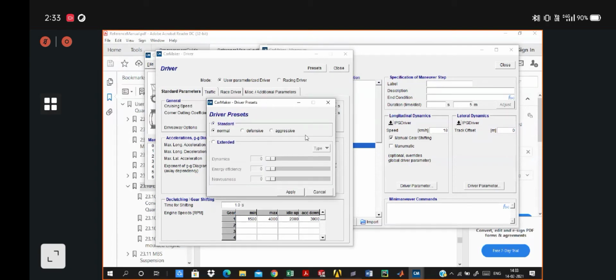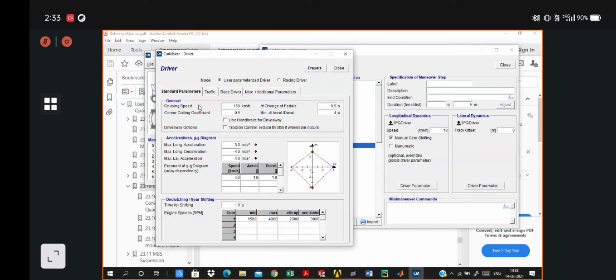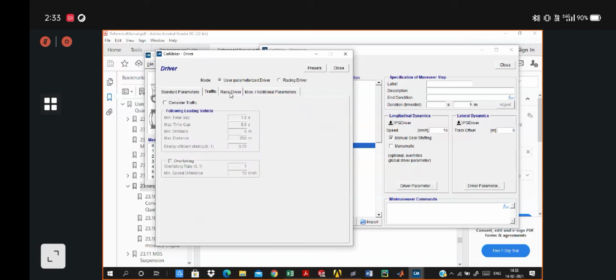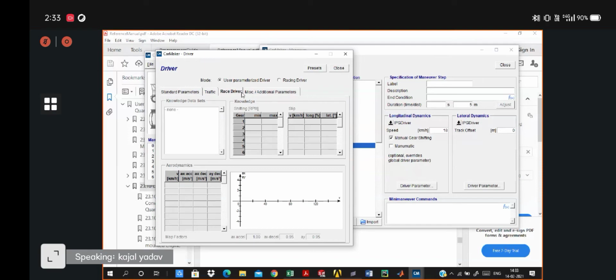Then you have to deselect the traffic. Nothing needs to be changed in the race driver, and the additional parameters depend upon your experience or how well you know the IPG driver. You can increase or decrease these values